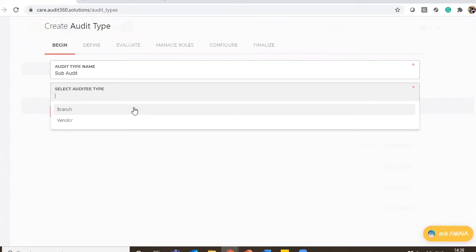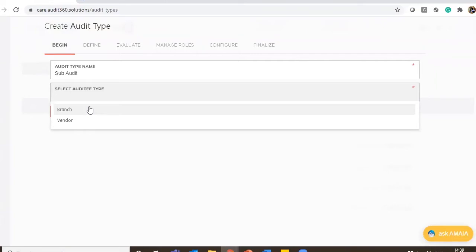So I tag all those auditees as branch. I also would be doing audits to my vendors who are part of our organization working for us, but I would like to do a specific cycle of audits. In those cases, I will always choose them, tag them as vendor. So like that, you can choose as per your requirement.